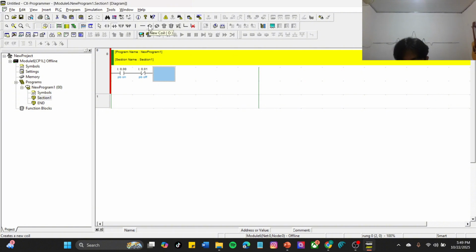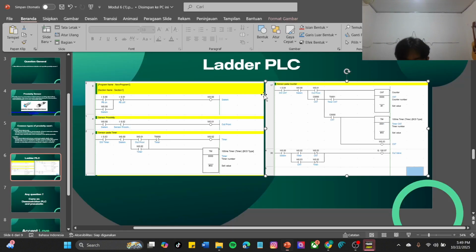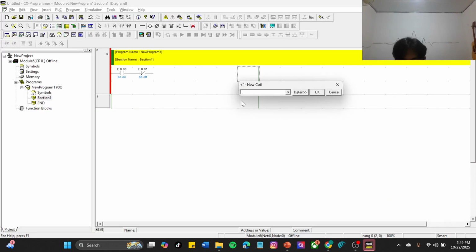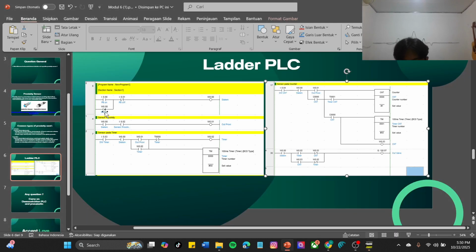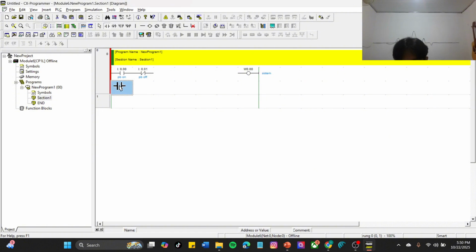Okay, and you can make the coil W000 system. Okay, make again a system contact here, the switch for the system, W000, enter system. Okay, now you can wire here, use here. Okay, for this one section we are done.